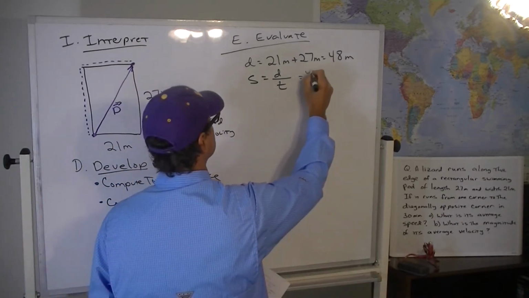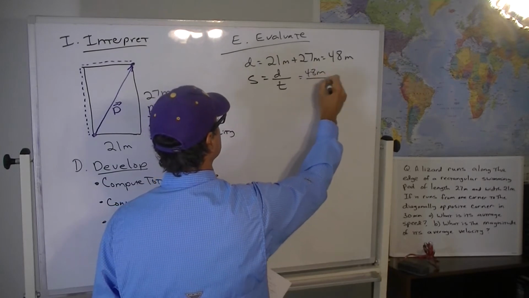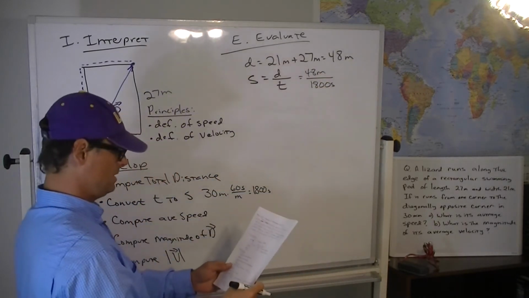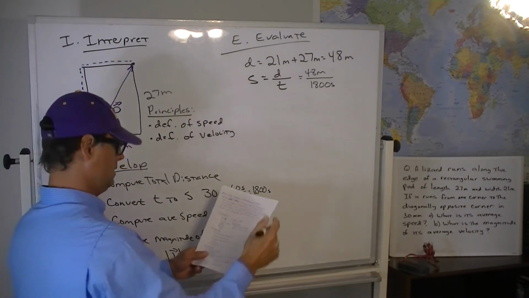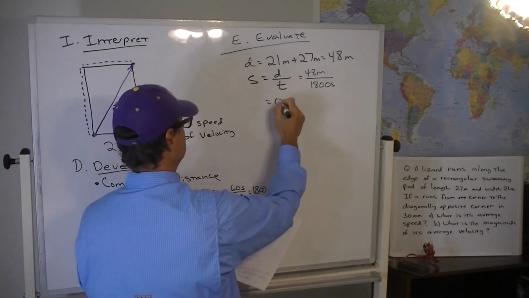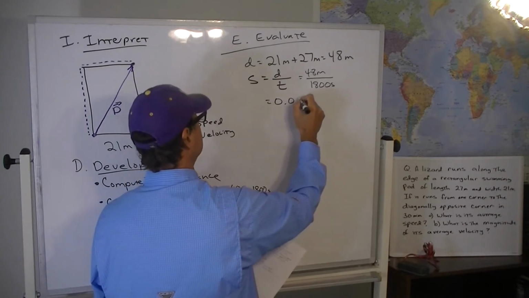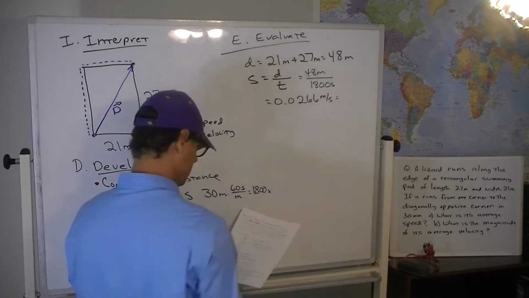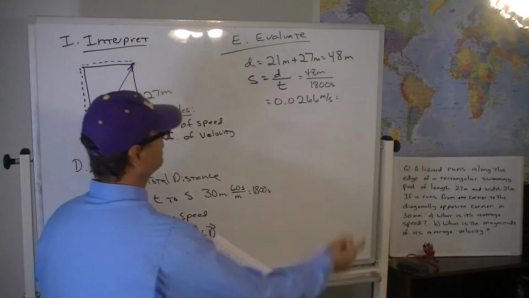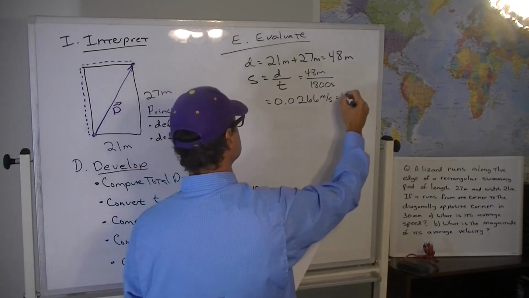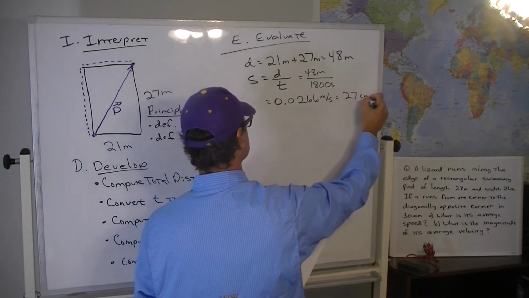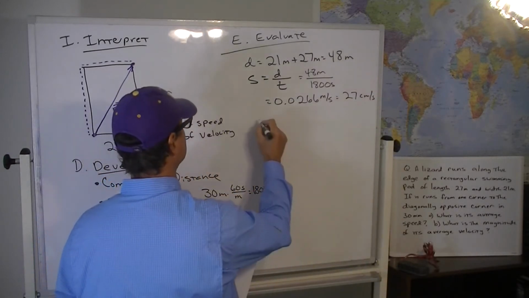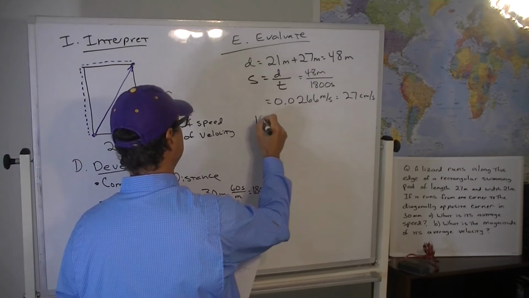So this is 48 meters divided by 1800 seconds, and so that works out to be 0.0266 meters per second. Convert it to centimeters per second, take care of the significant digits, is 27 centimeters per second. And now the magnitude of the velocity